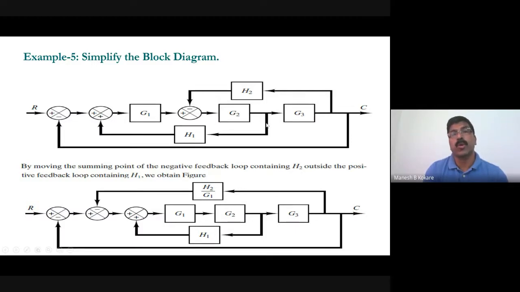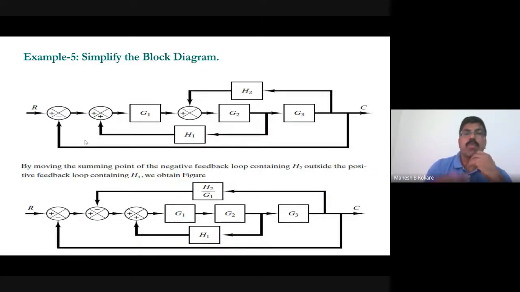So this will be the overall transfer function of this block, and then this block will be in cascade with G1. So G1, G2 into whatever this transfer function comes, that will be there, and after that this will be in a positive feedback with H1 by G2. So you have to reduce that into one block, and finally whatever transfer function you get will be a forward transfer function, and then this unity feedback will be there, right?